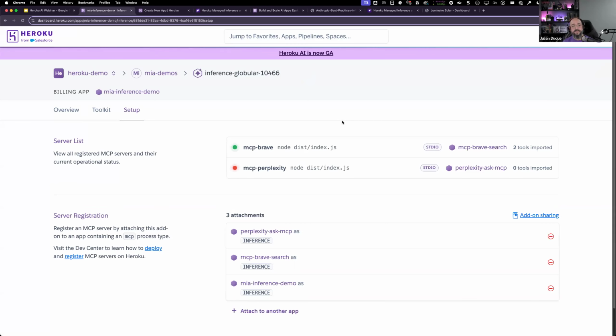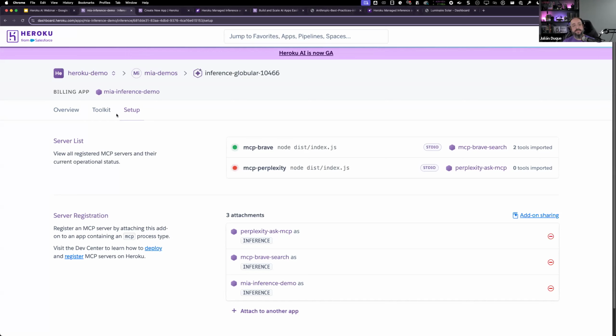Let me refresh. So now we see that it detected the MCPs. One is still disconnected. It has not detected the tools, but the other one, which is the MCP Brave, which was already configured, it imported two tools. Behind the screen, I'm going to set up my official Perplexity API key